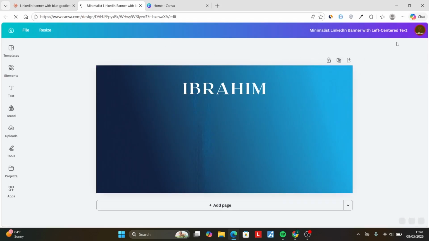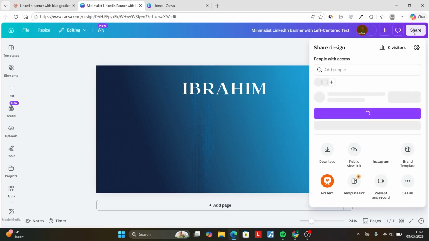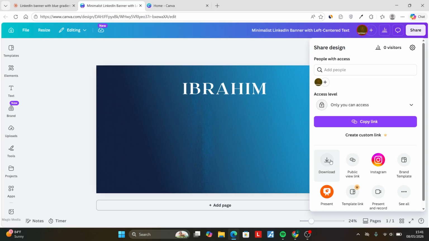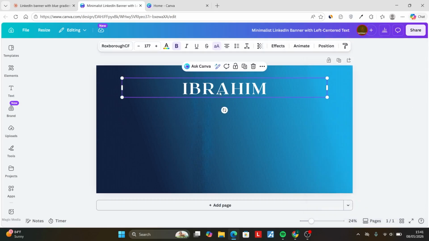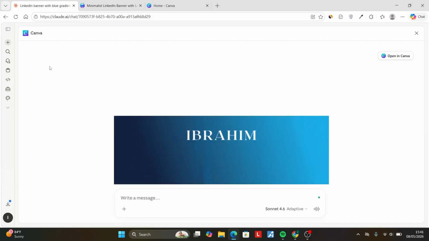And if maybe you want the design, you can simply download it from the button here by selecting share and then click download. So this is how you can connect your Claude